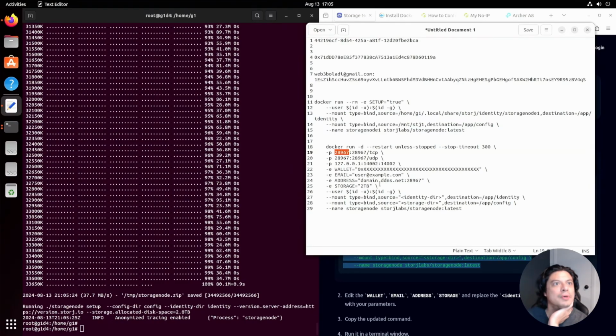Here we're using the same ports because we didn't change anything there. Here we need to use the computer's IP address. The wallet, this is where we want to get paid, and here we're going to use the wallet address that we made. Email, because they do email you when the node goes down, at gmail.com. The address, we are at